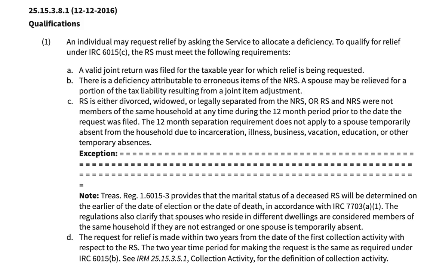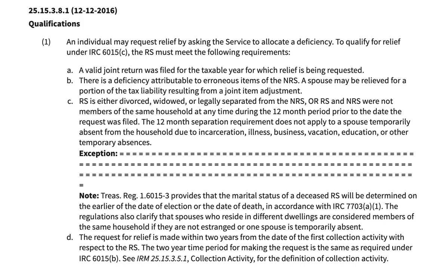In this video, we're going to be talking about how the IRS might consider a request for innocent spouse relief in terms of allocating a deficiency. So this is a different part of the tax code from Internal Revenue Code Section 6015(b), which provides for innocent spouse relief. This is the next part of the tax code, 6015(c), which allows the IRS to allocate this deficiency appropriately to the other spouse.